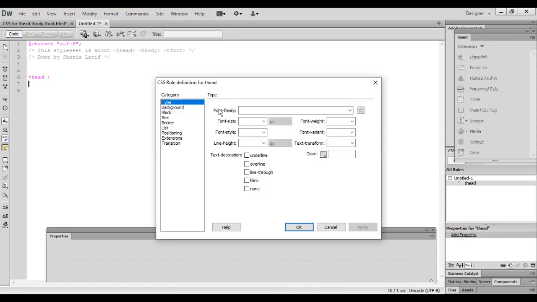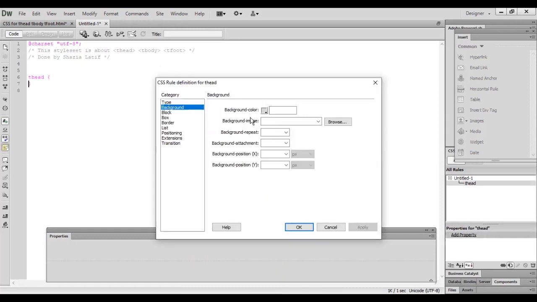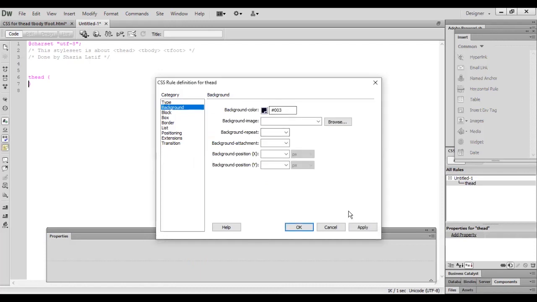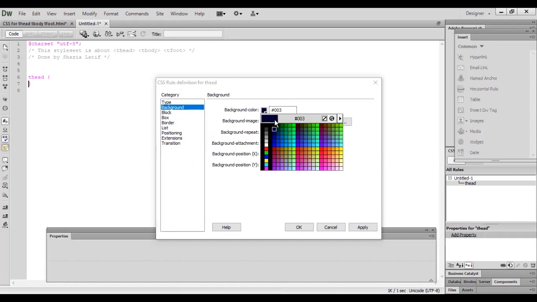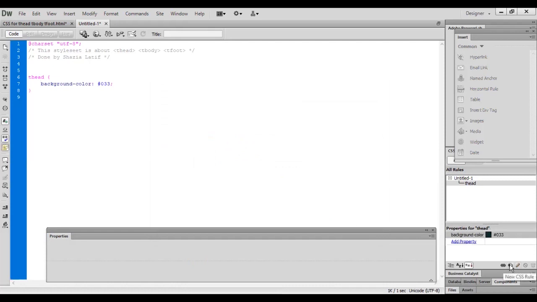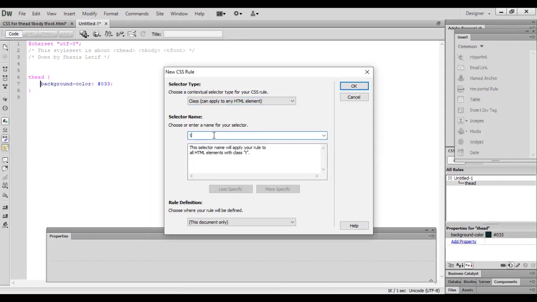I would like to set my background color for T head as this. Apply the background color, okay. Next, T body.